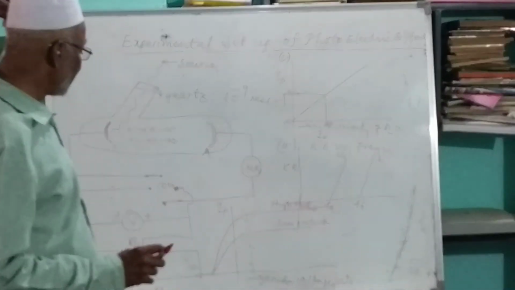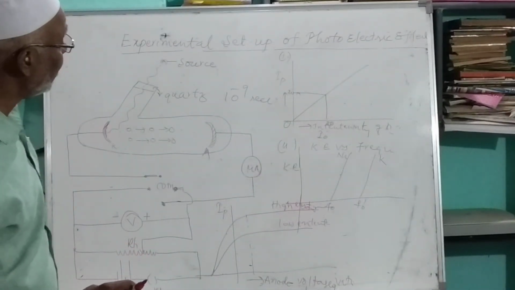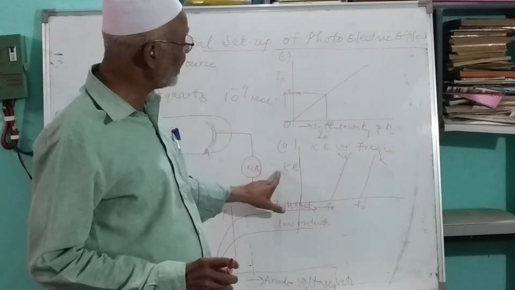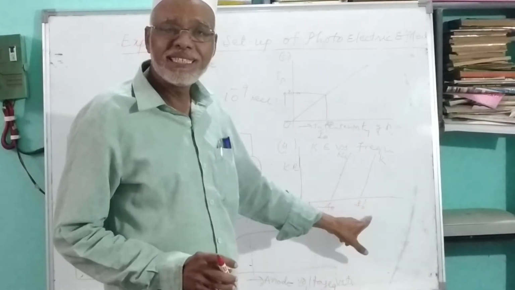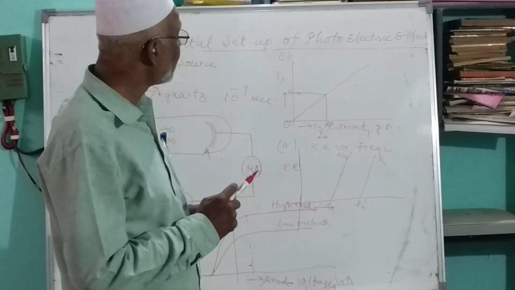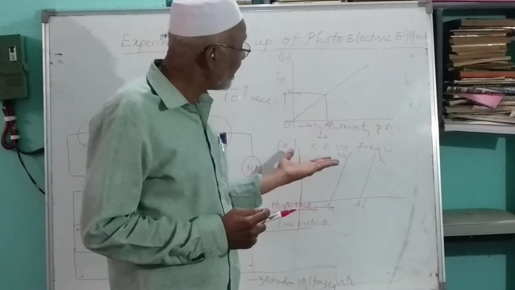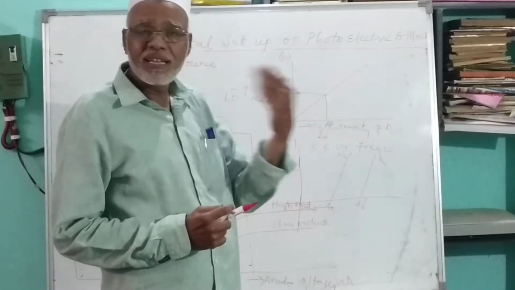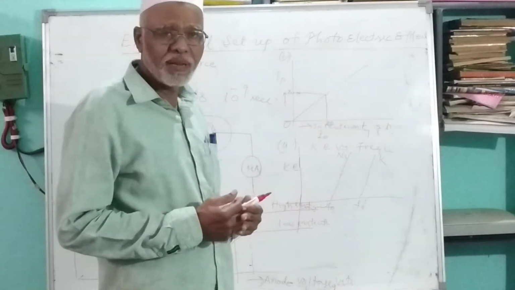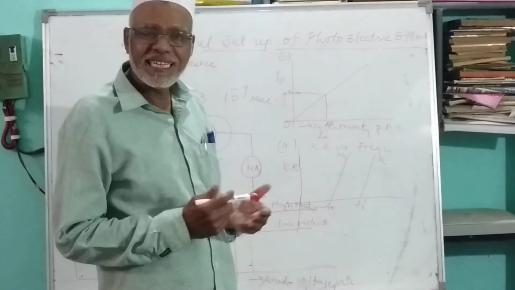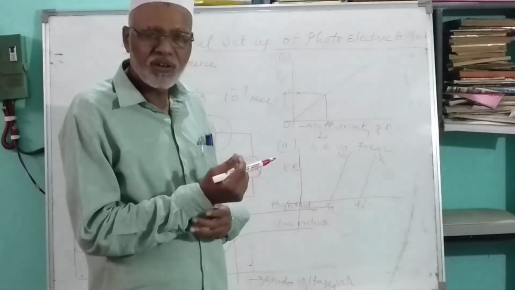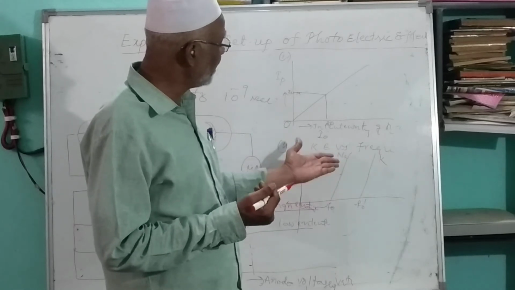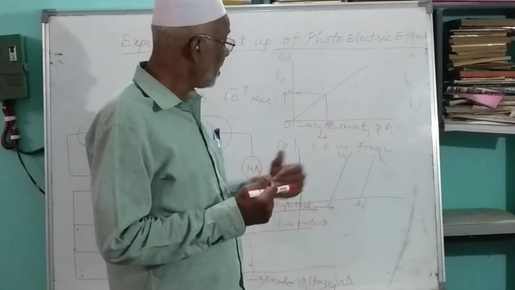Let us discuss the third experimental result, where this graph shows the relation between kinetic energy and frequency of incident radiation. As I said, certain metals, all alkali metals, are photosensitive to visible light, whereas zinc, cadmium and manganese are photosensitive to UV radiation. So here, imagine that this is sodium,